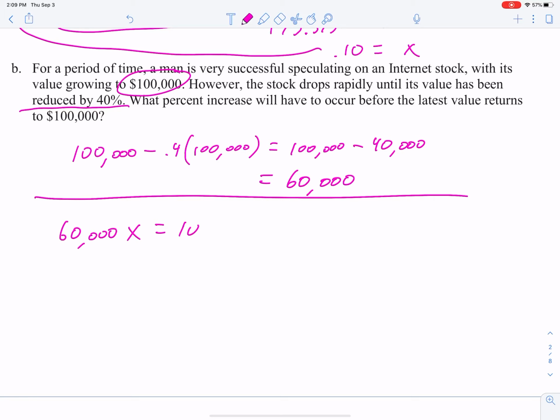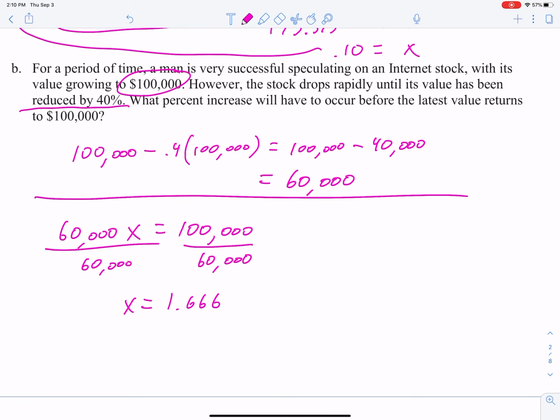That's going to get us back to the $100,000. So 60,000x equals $100,000. We want to know what's that multiple on the 60,000 to get back to 100,000. So nice and easy, we divide by 60,000 on both sides, and x will be